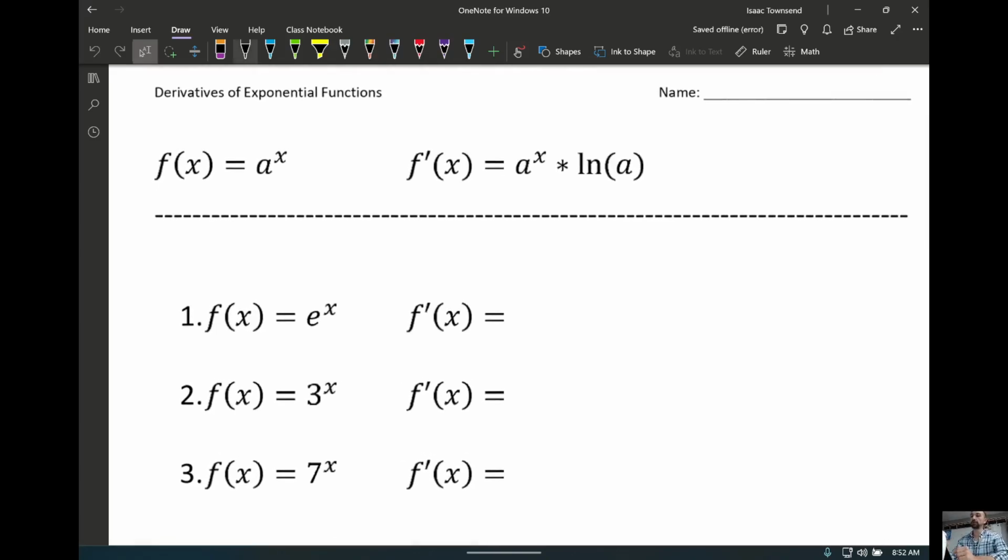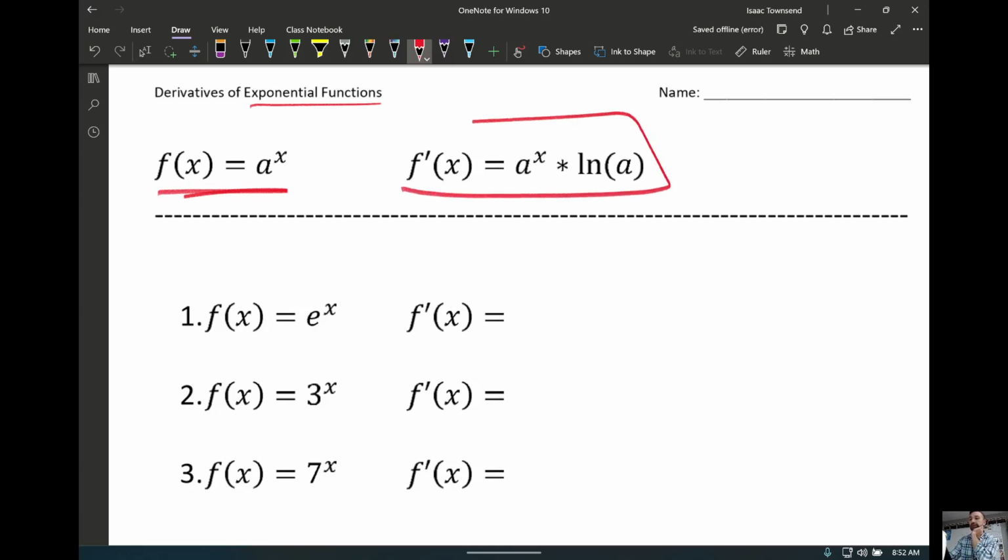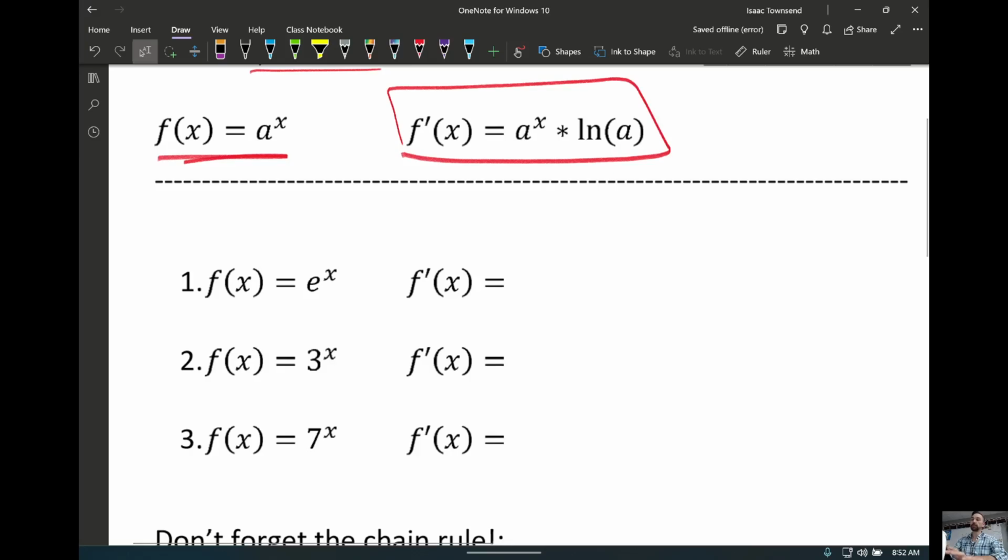Okay, so here's the formula. If you want to take the derivative of an exponential function, something to the x power, this is how you take its derivative. But honestly, you pretty much know that already. You may not realize it, but we've done this one a million times. The derivative of e to the x is e to the x. Technically, it's e to the x times the natural log of e, but since the natural log of e is just 1, we just always say e to the x. But if you realize there's really a natural log of e there,